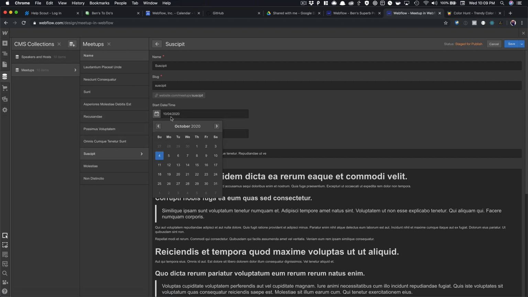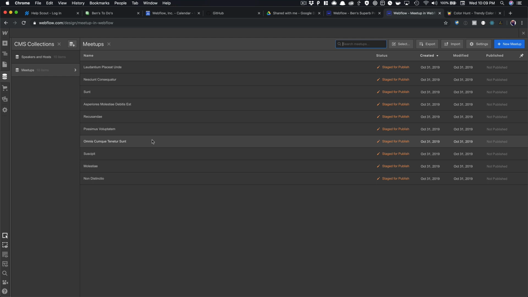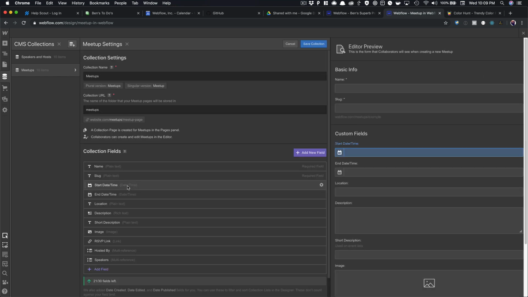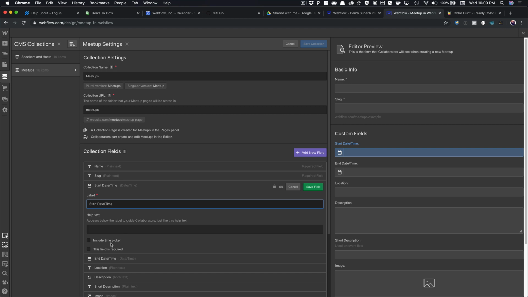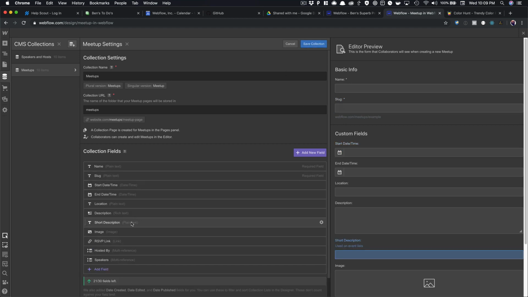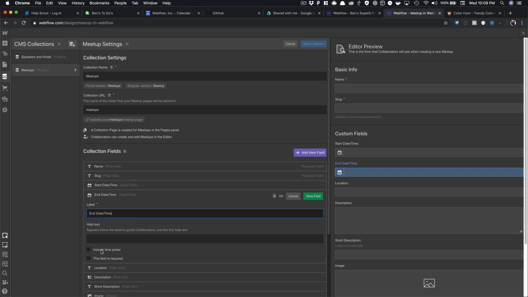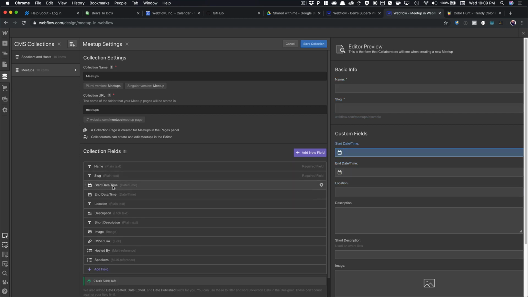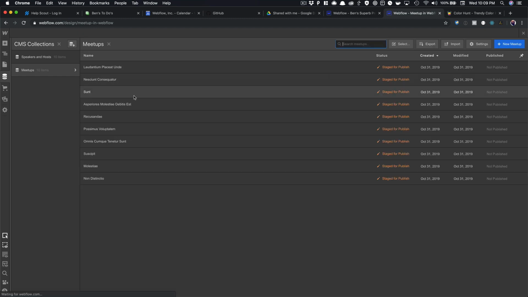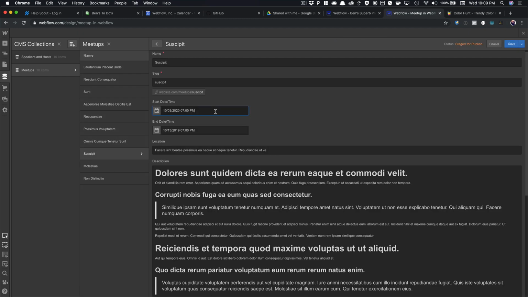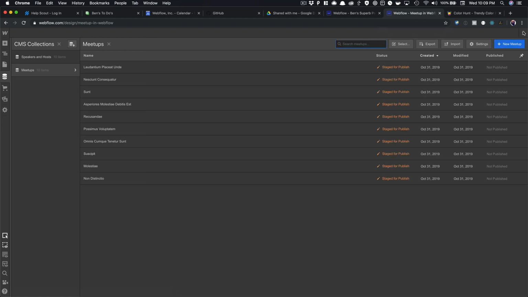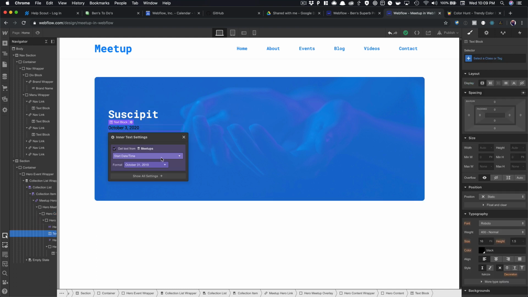So this one right here. We want to come in here to meetups. And on the start date and time, we want to include time picker. And on the end date and time, we want to include the time picker as well. So on this start date and time, we'll set this collection. On this one right here, let's go ahead. Okay, 7 p.m. That's perfect. Let's just say actually it starts at 6:30. Okay. So now we'll save that, and we can take this, and we should be able to,